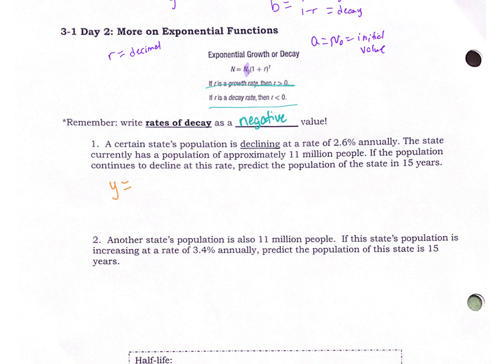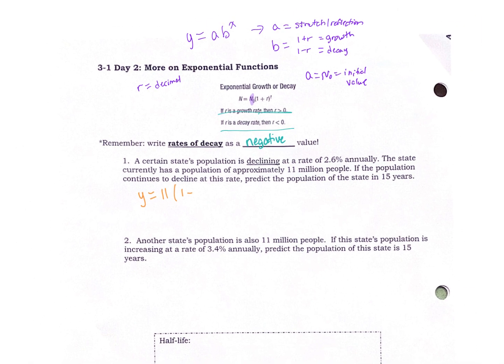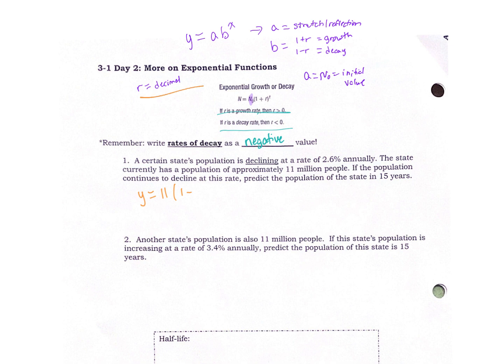So we're going to write the equation. We're going to have 11. We don't have to put the million in there. We can go back and add that in. And so then we're going to have 1. It's declining, so it's going to be 1 minus. We got to rewrite that 2.6% as a decimal, right? Remember, we're going to write R as a decimal. So that means we're moving the decimal place 2 places to the left. So we're subtracting 0.026. And let's write the basic equation first, but then let's go back and actually do